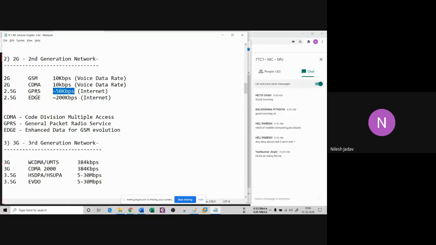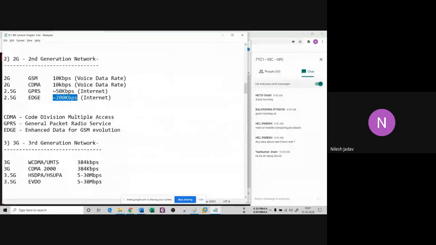Yeah, we come up with a new technology, an EDGE technology, and this is E. If you remember your mobile phone, there is an E symbol that comes up in your signal. So it gives you 200 kbps, and now it's a good speed. I mean, we are still working on this speed. If you have a 3G or 4G connection, sometimes you still see 200 kbps in your internet connection, and this speed is reliable.